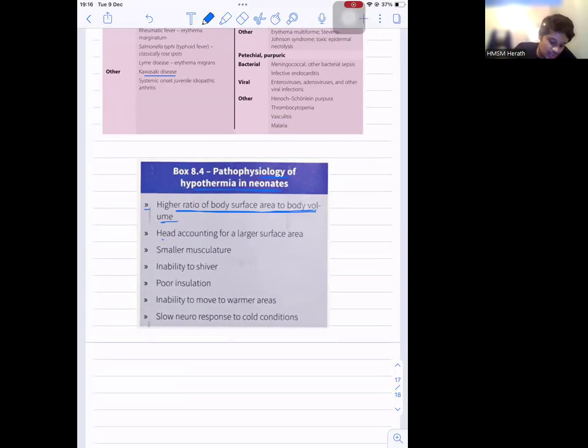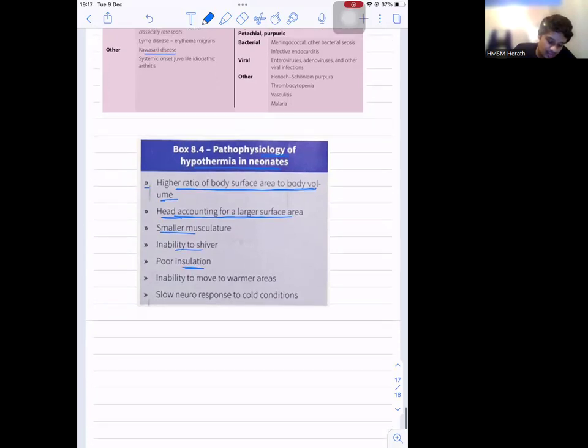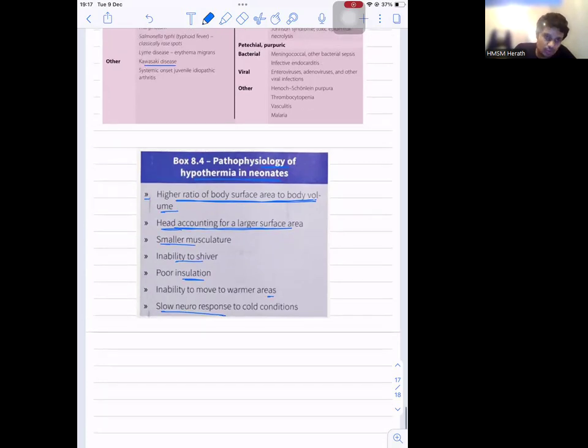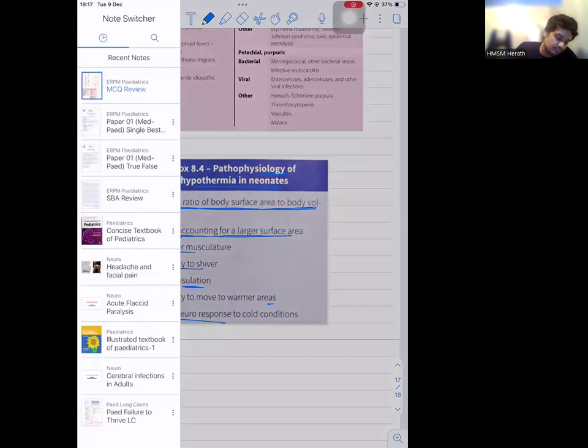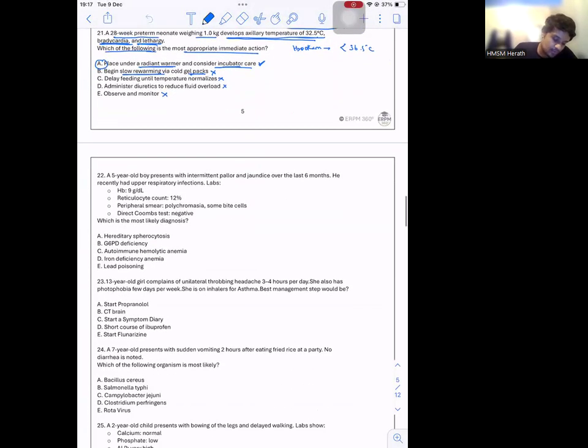Also the head accounts for a large surface area, which also accounts for heat loss. Their musculature is small and they can't shiver like us. Also the insulation is poor and they can't move into a warmer area like us, right? Slow neural response. With these conditions, neonates are more prone to get hypothermia. These pathophysiological conditions were asked in previous exam papers as well. Next question. A 5-year-old boy presents with intermittent pallor